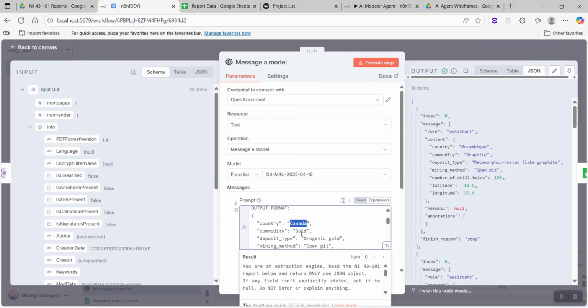These are just an example. So this is going to be used by the AI as a template to fill in the different information from each one of these reports, and so on. So I've got latitude, longitude, I've got the number of drill holes. So the good thing is, if you want more